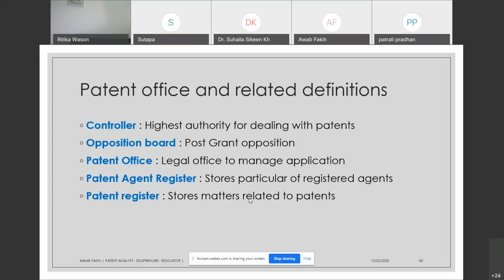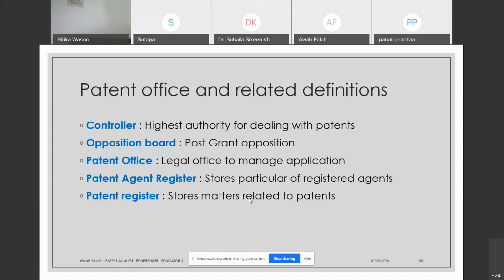The register is maintained by the controller. So this is how the functioning goes in the patent office, and the register is maintained just like we maintain our own register. One more thing we have written on the slide is the opposition board. Let's understand this. The opposition board is a board